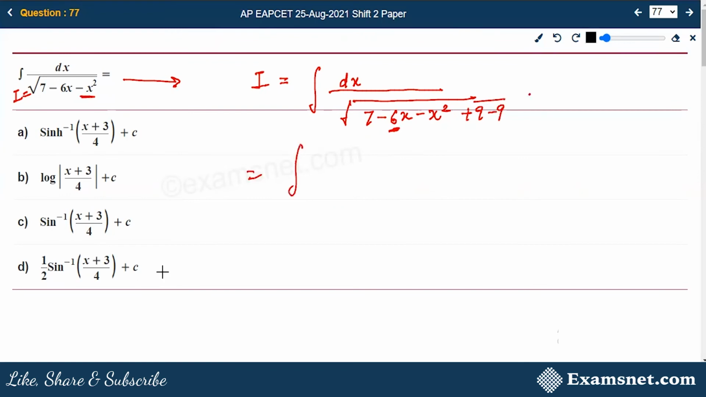So this will become integral of dx upon 7. Oh, sorry, just a minute. This will be 4 square minus x plus 3 square. You will use this x square minus 9 minus 6x. So this will make it x plus 3 square, and 7 plus 9 will give you 16, and 16 is having the square of 4. So this is of the form integral of